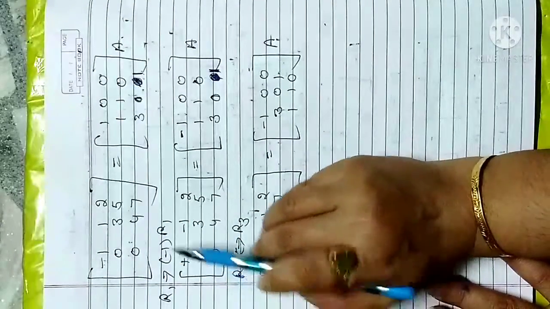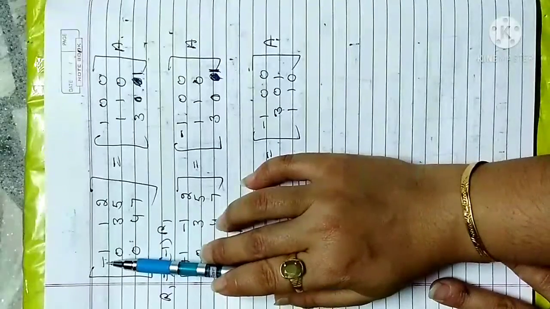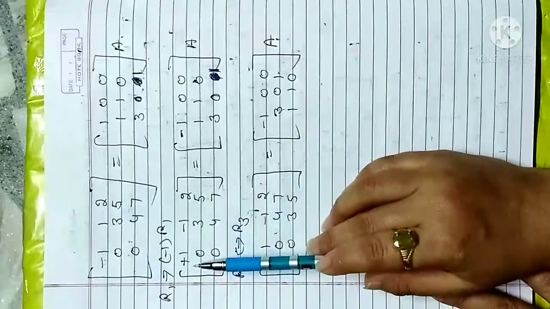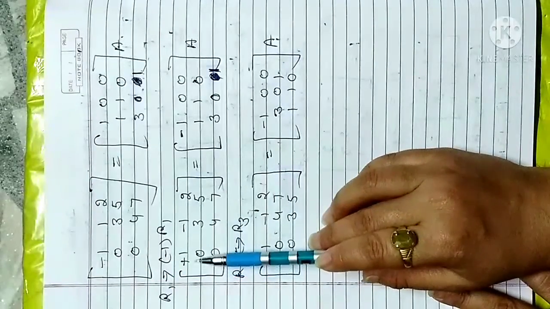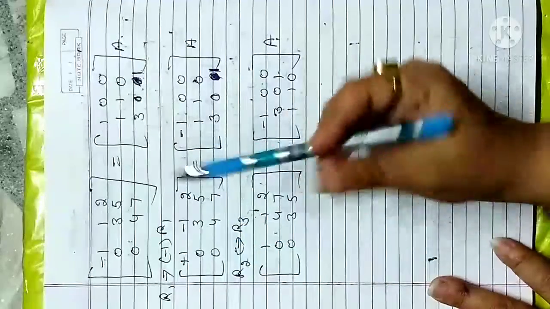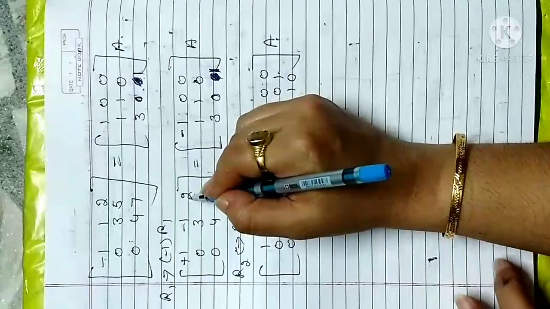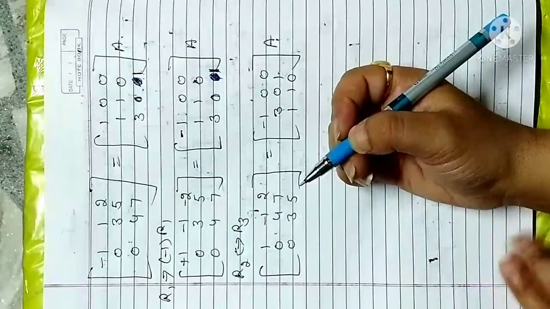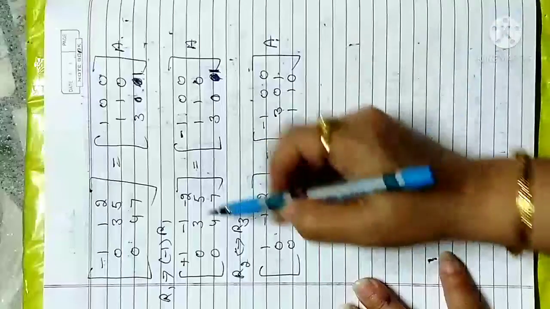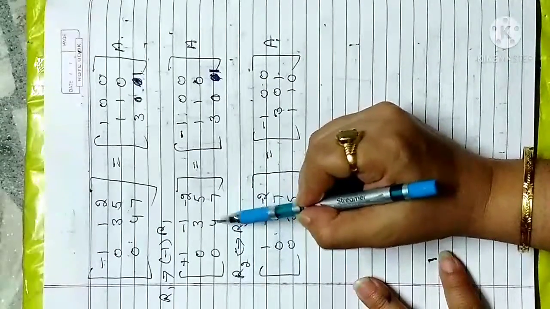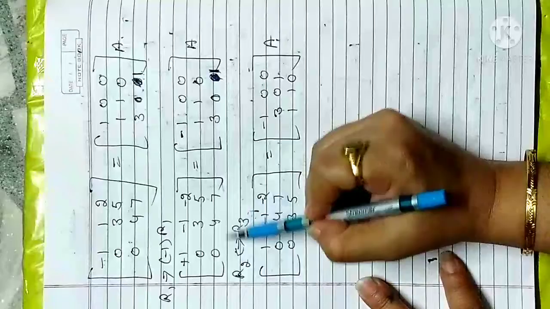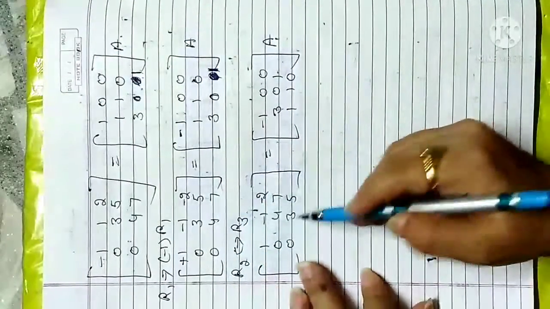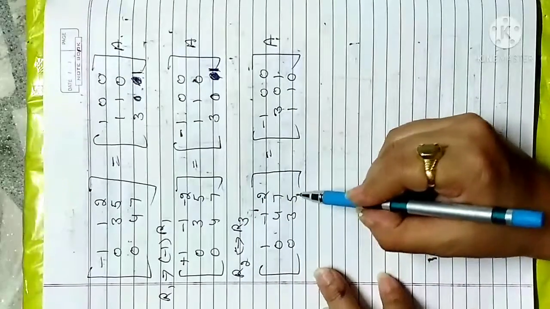Now my next target is to remove this negative sign from row 1. If I multiply row 1 with minus 1, that gives me 1 minus 1, and here it will be minus 2 also, because I multiply with this. Then next, I check that this number is 1 greater than this number, so I try to interchange row 2 and row 3. So 0 4 7 and 0 3 5.